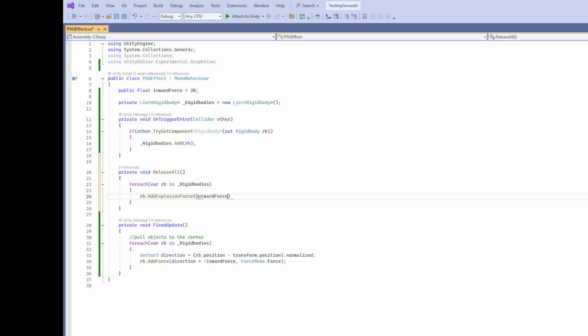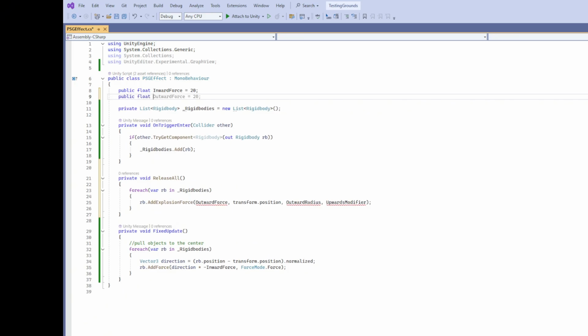We're going to use outward force, the position of the object, outward radius, and an upwards modifier. Each one of these variables will be a float.